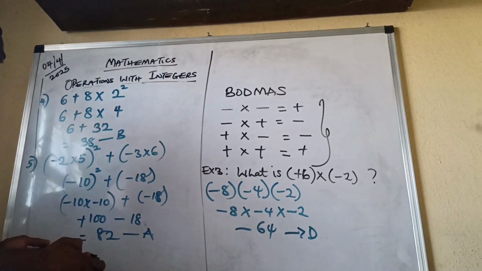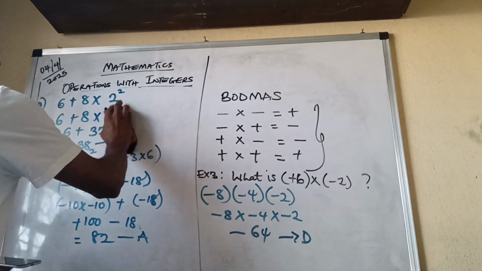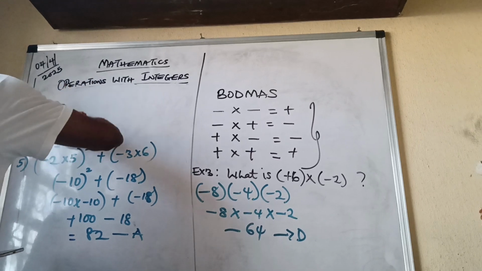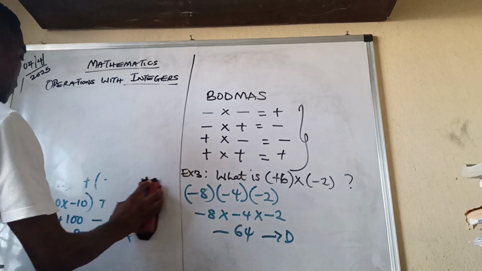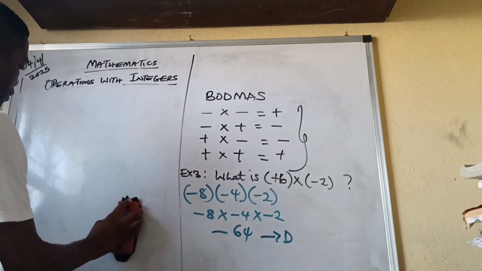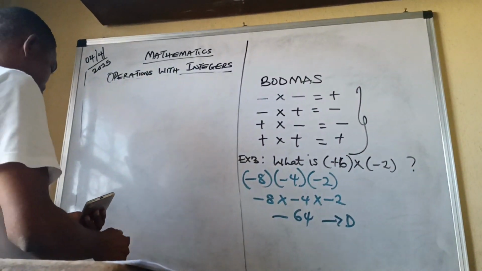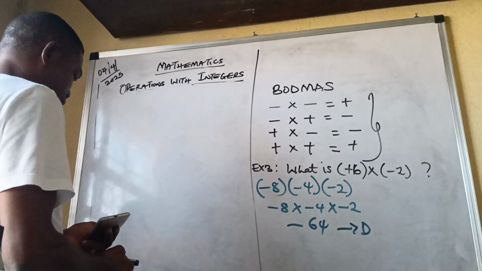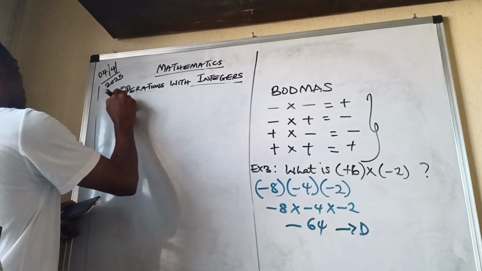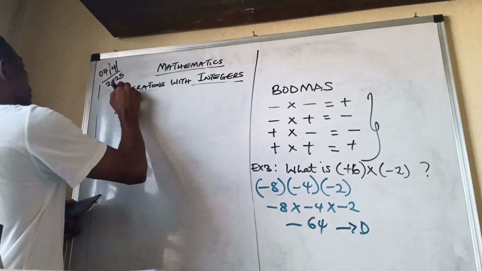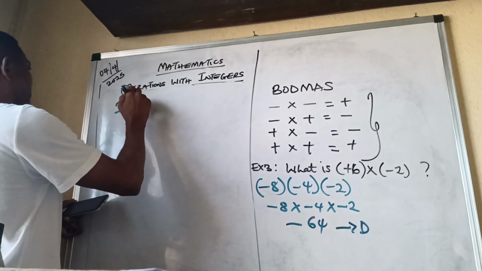So that is how we solve such. Let's go to question 6, the next practice question. Question 6: which of the following is equal in value to 2 raised to power 3, that's 2 cubed, 2 raised to power 3 minus